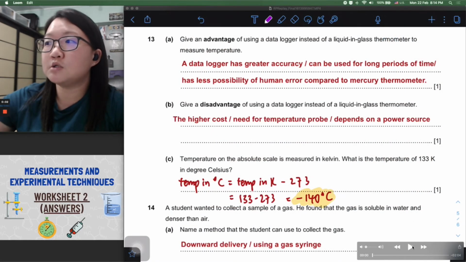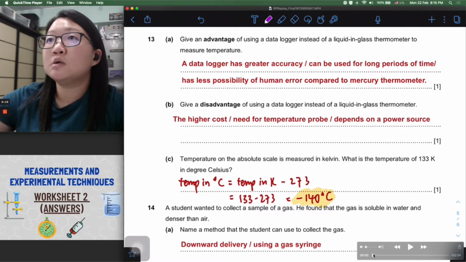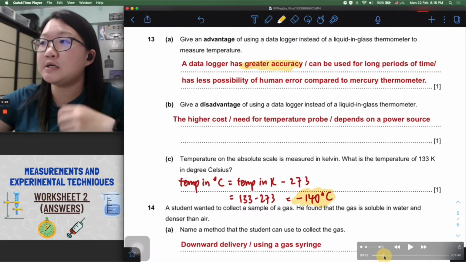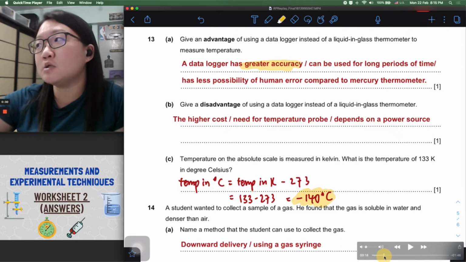Let's look at question 13a. Give an advantage of using a data logger instead of a liquid in glass thermometer to measure temperature. Okay, so over here, we can write our answer as there's quite a few things that you can address. So first and foremost, data logger definitely has greater accuracy compared to just a mercury thermometer, because in a sense,